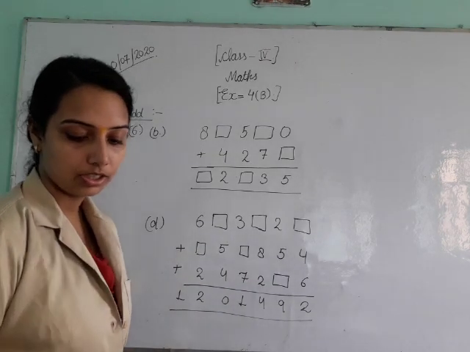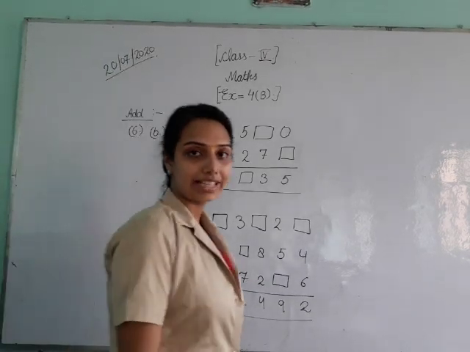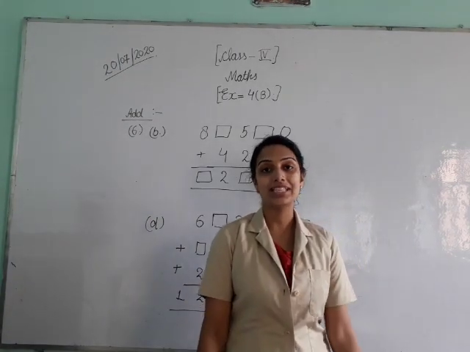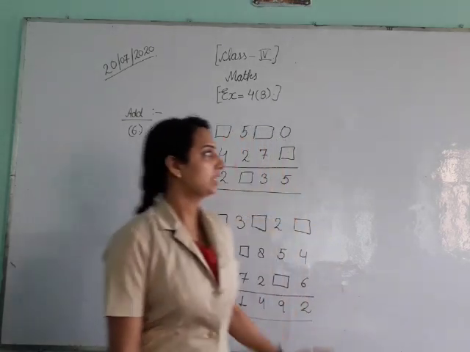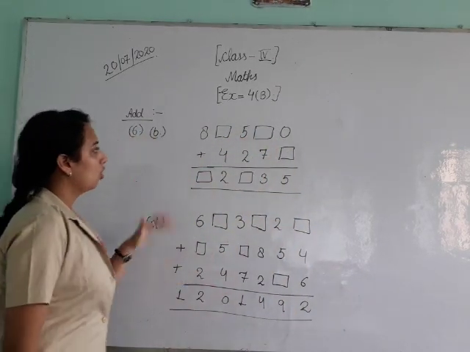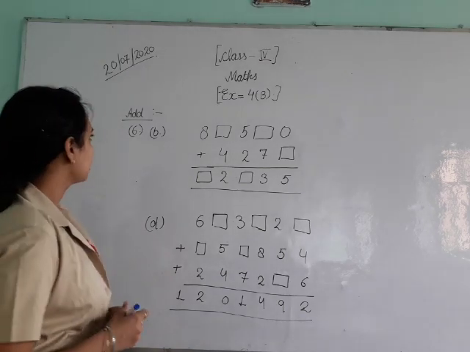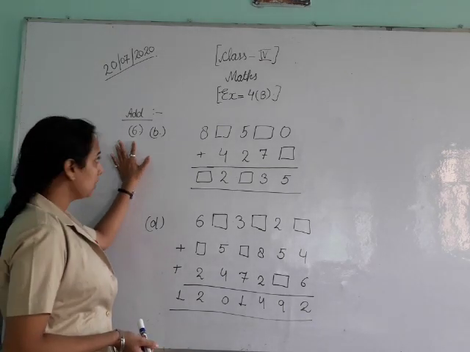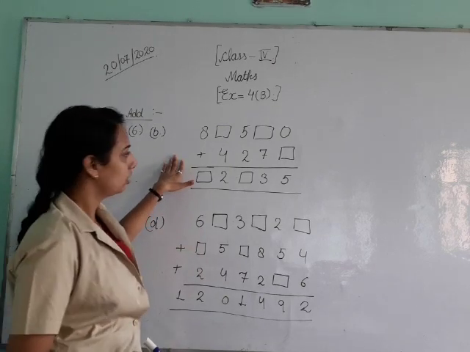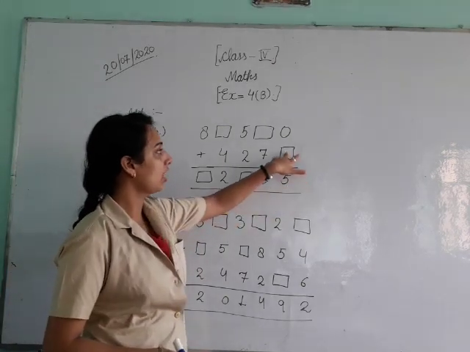Okay dear students, so now we are on the 6th question in which we have to fill in the missing digits. Some space is given here and we have to fill them. So let's begin with our simple question. First of all, I am taking the 6th D part. In this question also we have to do the addition. The answer is already given, so we have to fill in the missing places.